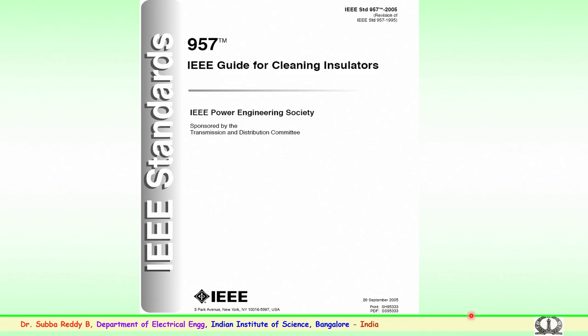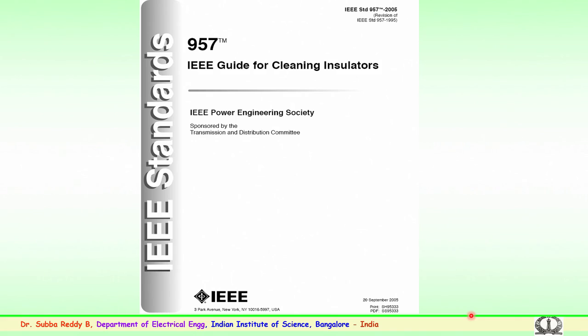We have discussed the contaminants which are affecting insulator performance in the field, either in substations or the transmission system. These contaminants, over a period of time, could create a flashover and the tripping of the lines. So, a proper cleaning mechanism is to be adopted in the transmission system or in the substation. Various methods are being employed by the utility personnel in the field.